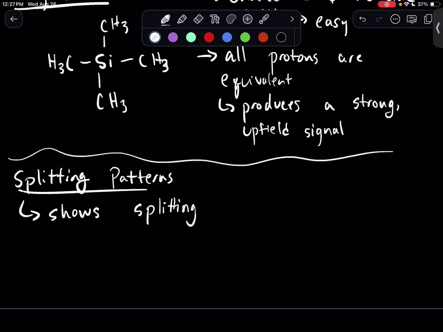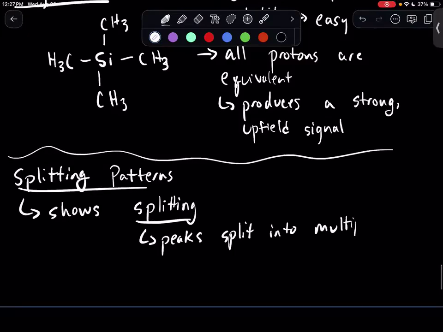But that doesn't really give you much in a definition. So what the heck is splitting? Splitting is where peaks split into multiplets or multiple peaks. And a multiplet is basically just a splitting pattern